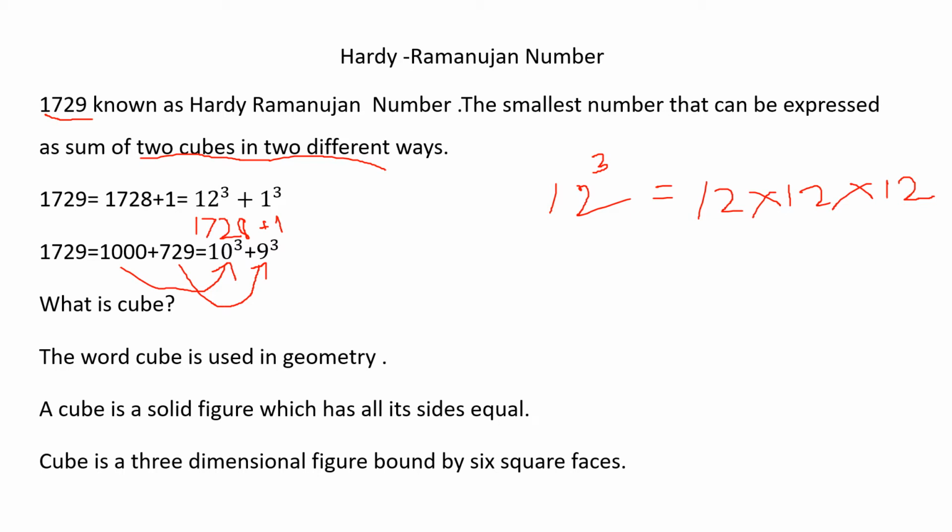Okay, so your activity: you have to write 5 sentences about, you can just search in Google, who is Ramanujan? When was he born and what did he experiment? What are the discoveries he has made in mathematics? All these things you can write, just 5 points are enough. The same way you can write 5 points about Hardy. Who is Hardy and what has he contributed to mathematics. So we can just check it.